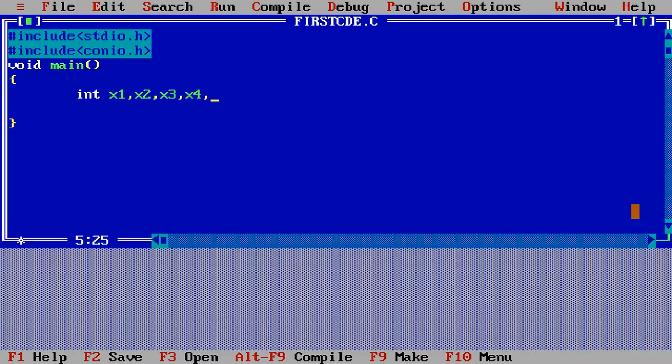x4, y1, y2, y3 and y4. Okay, simply I am declaring here four variables x1, x2, x3 and x4, and four variables y1, y2, y3 and y4. Y4 means total variable number is 8, and I write here the printf